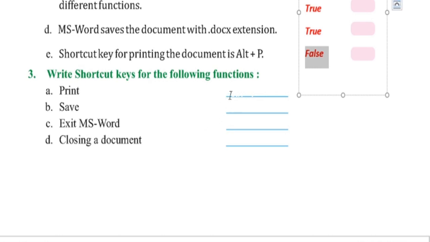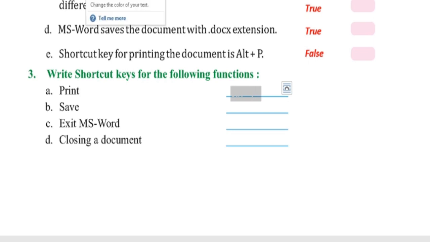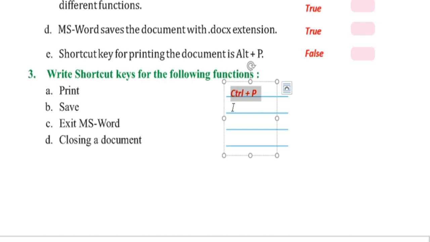Okay. Shortcut key for print, Control plus P. Shortcut key for save, Control plus S. To exit MS Word, Alt plus F4.